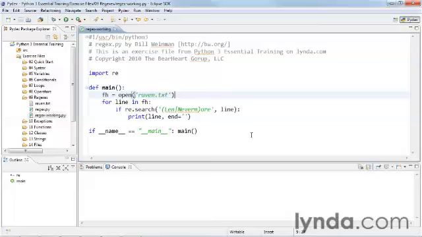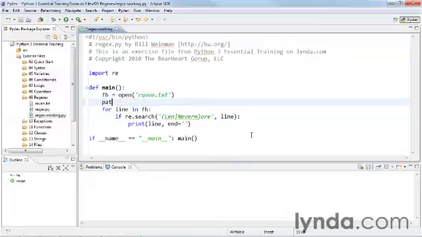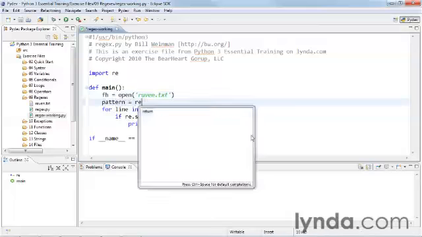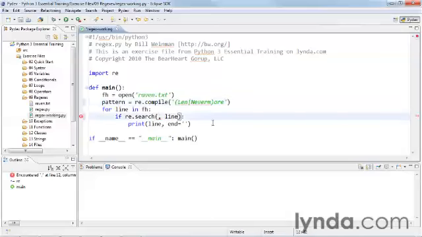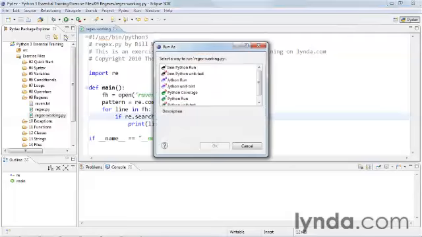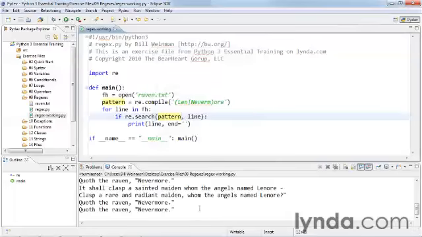So up here, where we open the file, we can say pattern equals re.compile, and then we'll come down here and we'll cut and paste our pattern. And then when we do the search down here, we can say pattern like that. And the regular expression module will recognize that that's a pattern object. That's a pre-compiled regular expression object. And it'll use that. So when we save this and run it, you see we get the same result, but